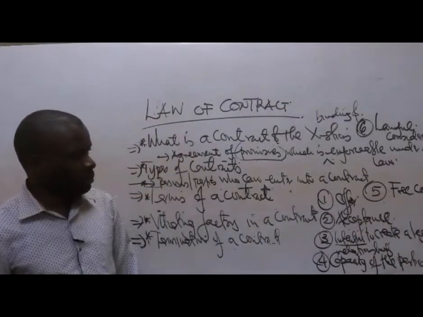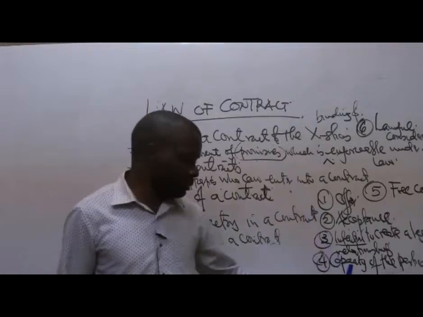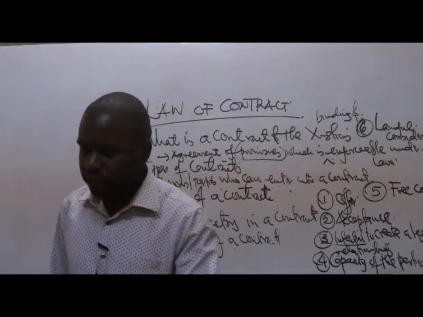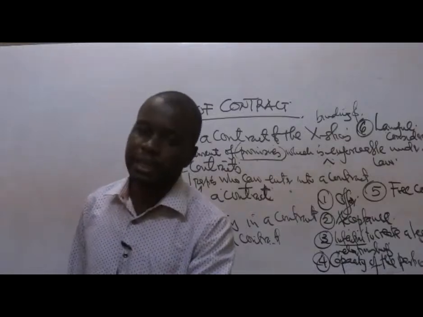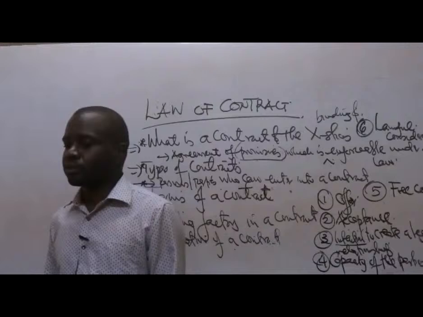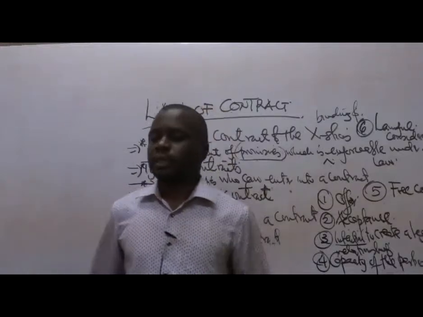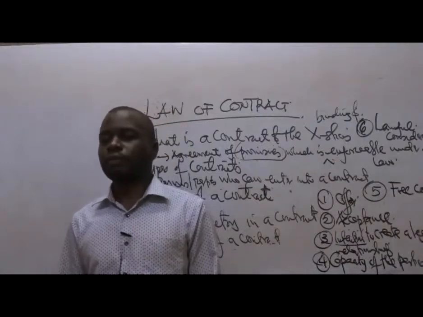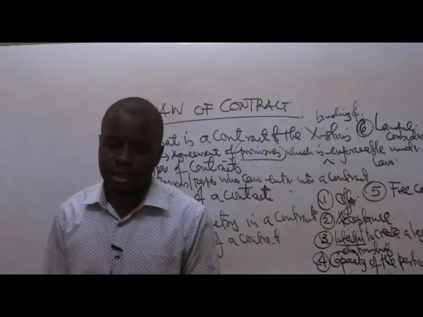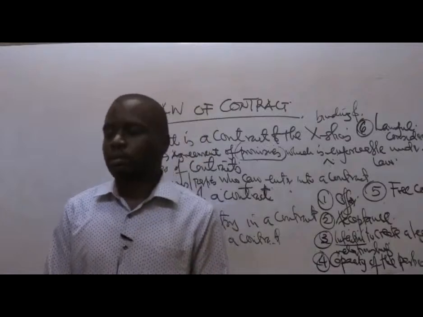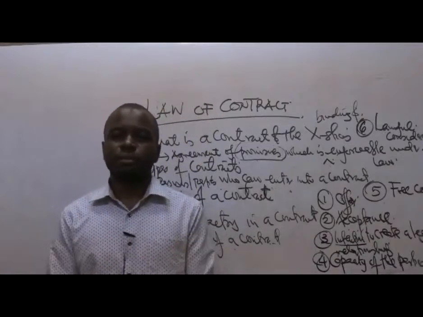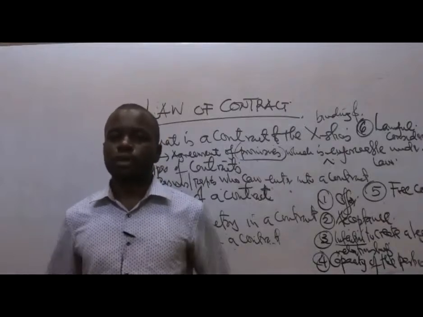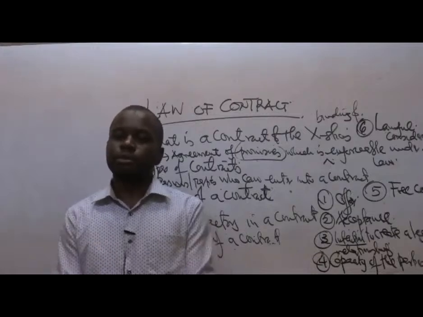Then we are talking about capacity, the capacity of the parties to be able to contract. You realize that under certain contracts, persons who have not attained the age of majority cannot enter into them. For example, contracts of employment. One of the things they ask is, do you have your national ID? They want to identify whether you've attained the age of majority so that you can be employed. Most contracts require that, but we'll see later that under exceptional circumstances, a minor, a person who has not attained the age of 18 years, can enter into a contract.